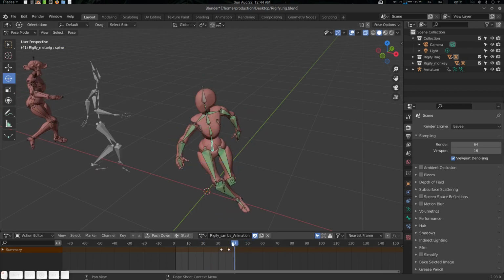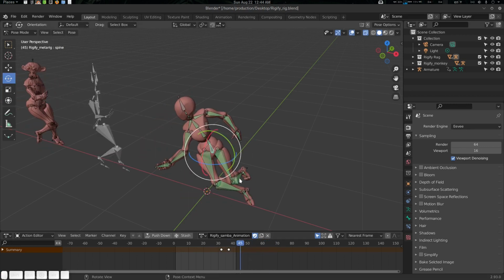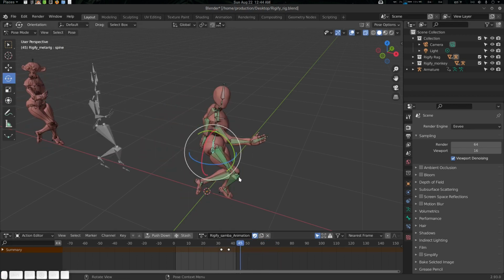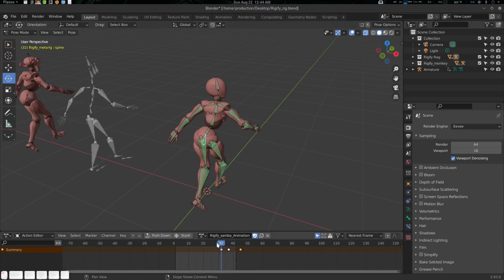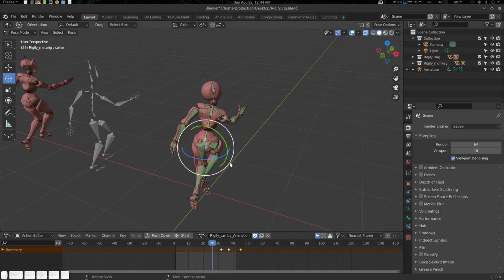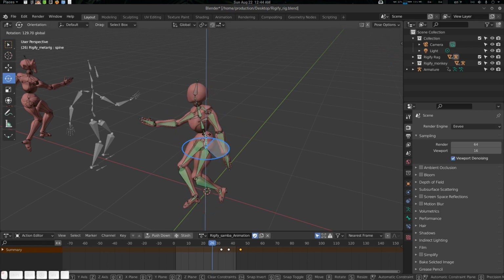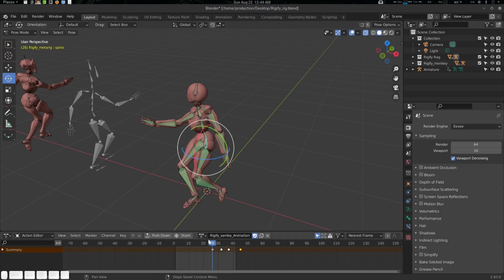Or just somewhere here, Alt R, I, location rotation. Okay. There we go.